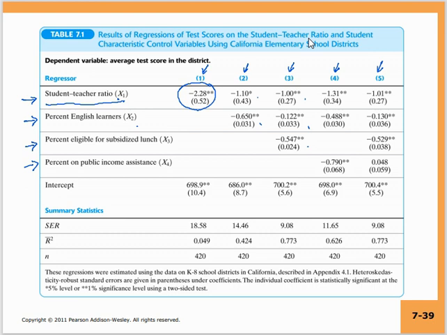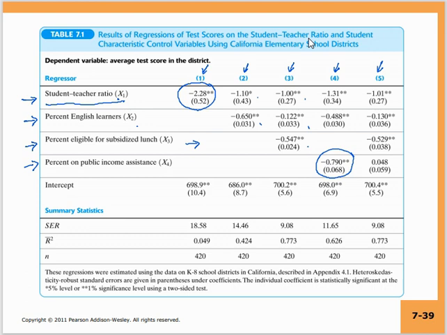In the fourth model, you have included a different proxy variable for income category, that is percentage on public income assistance, that is X4, but you have dropped this variable, percentage eligible for subsidized lunch. So in this model also you have 3 variables, but you have a different proxy variable for the economic background or the financial background of the student that you are considering. And in the fifth model, you have in fact included all 4 variables.